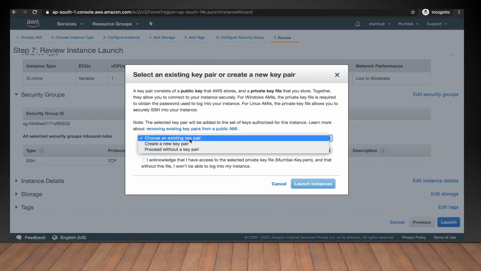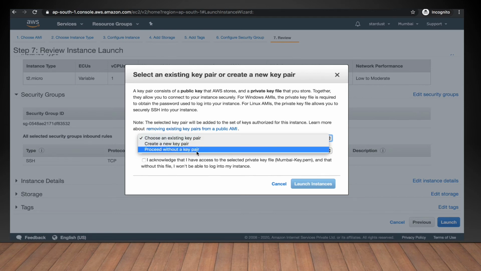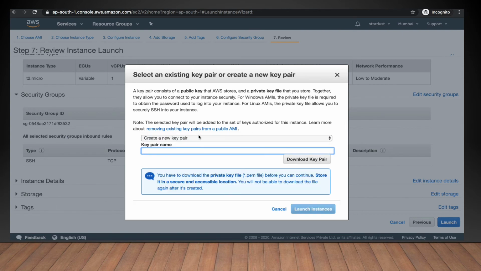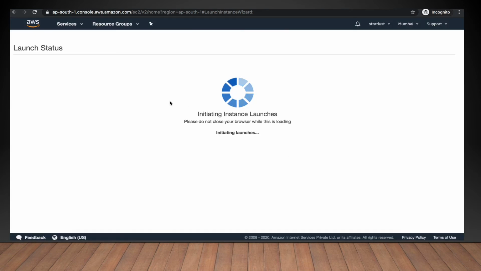You can choose an existing key, create a new key pair, or proceed without a key pair. I'd suggest you create a new key if you don't have any. I have already created a key, the Mumbai key, so I'm going to choose this key and click launch instance.